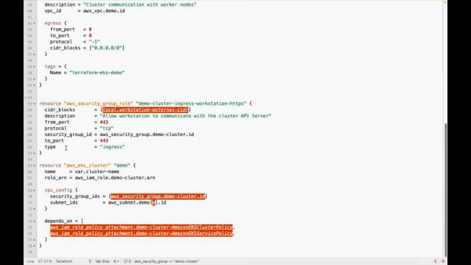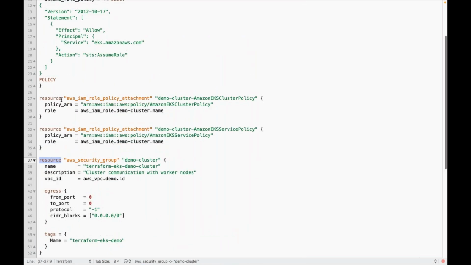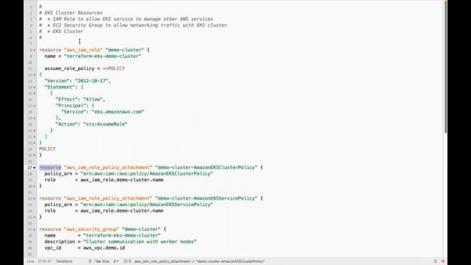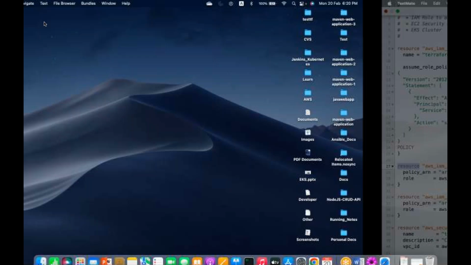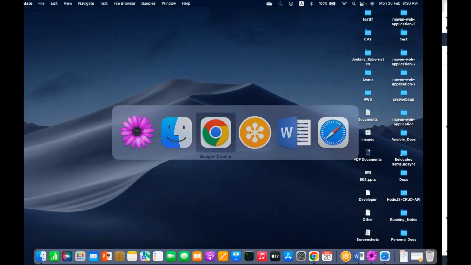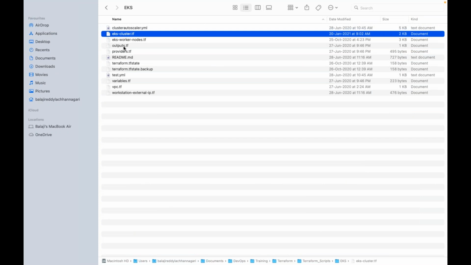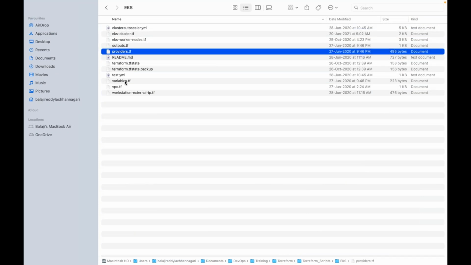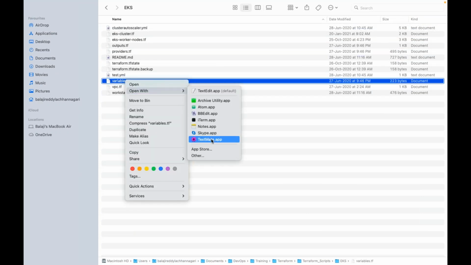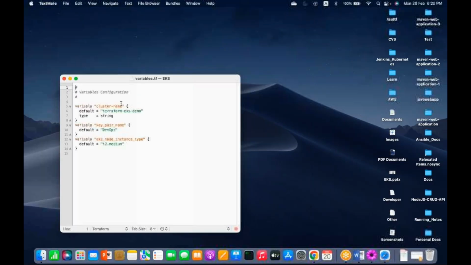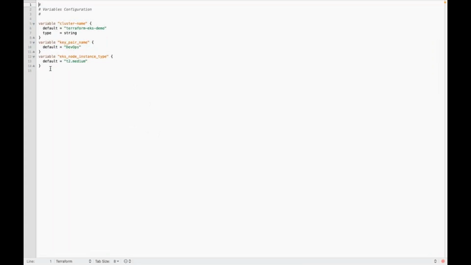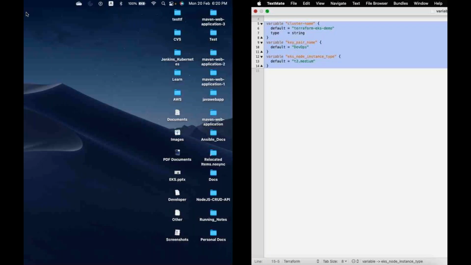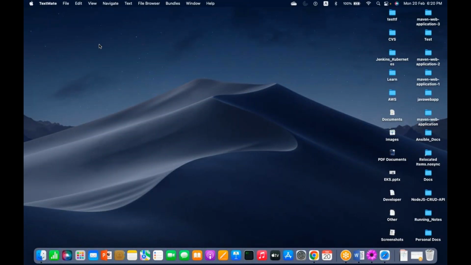Even though it's a lengthy file, yes. But I want you to focus on what is a resource block, what is a provider block, what is a variables block, how to use variables, how to use loops, how to use conditions. I want you to understand the concept of HCL first.